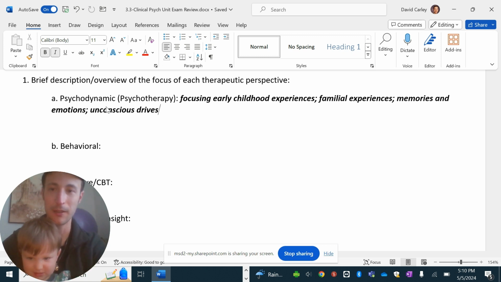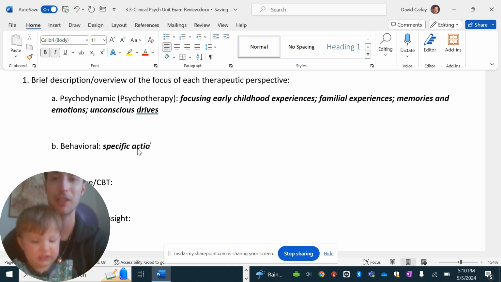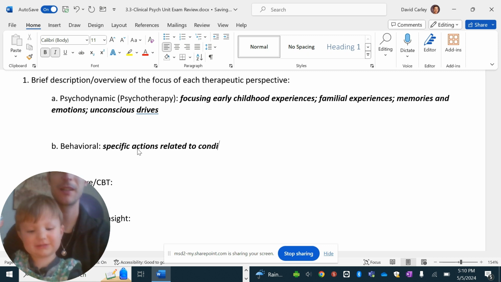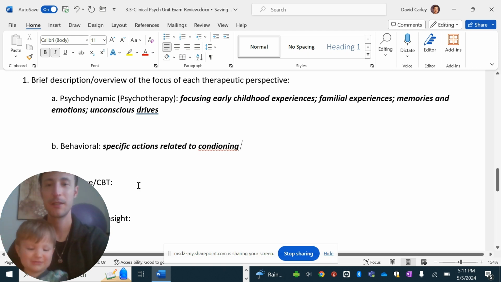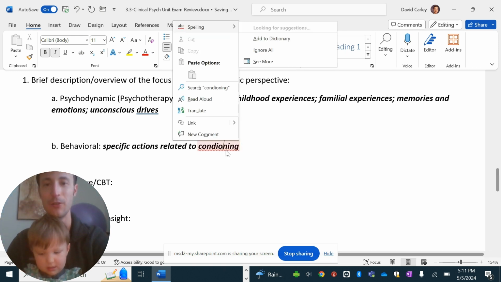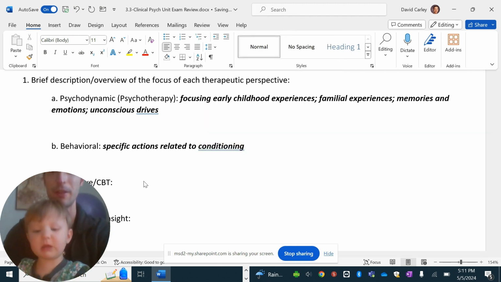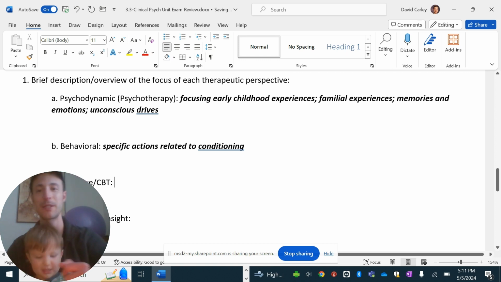That's an airplane, yeah. Behavioral focuses on specific actions related to conditioning. Okay, hey buddy, I gotta type these. We're gonna have to leave that there. Cognitive or cognitive behavioral therapy is gonna focus on our thinking about situations and our interpretation, our emotions,